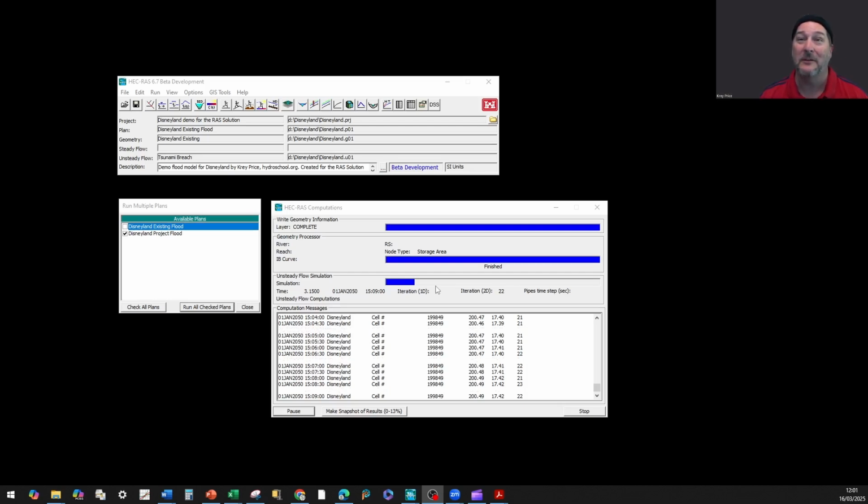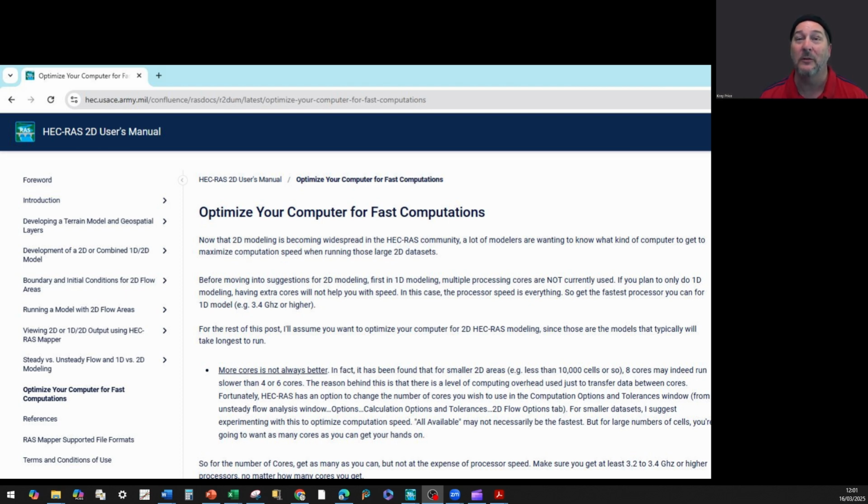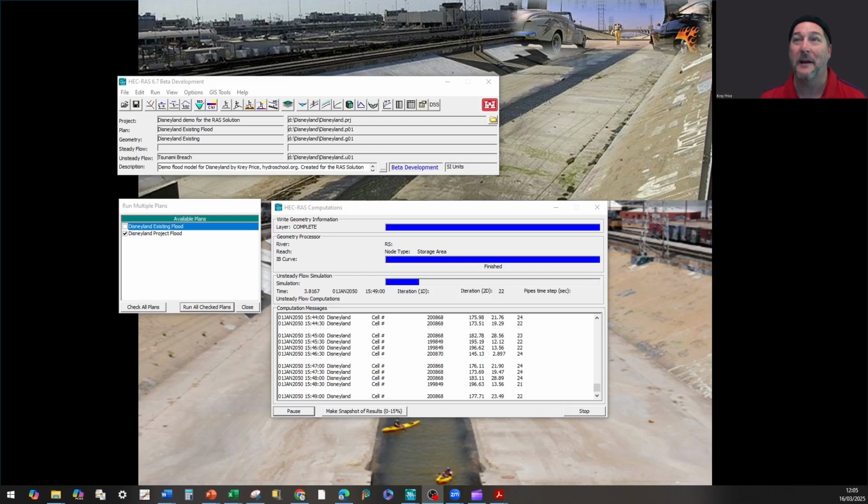So that's something that I'll link to another document about the optimization of your hardware that can help you decide how many cores to use, and other settings that can help improve the speed. So while this is running in the background, I thought I'd pull up a couple of images of some Corps of Engineers projects, just so we can talk a little bit about the default settings and why they are what